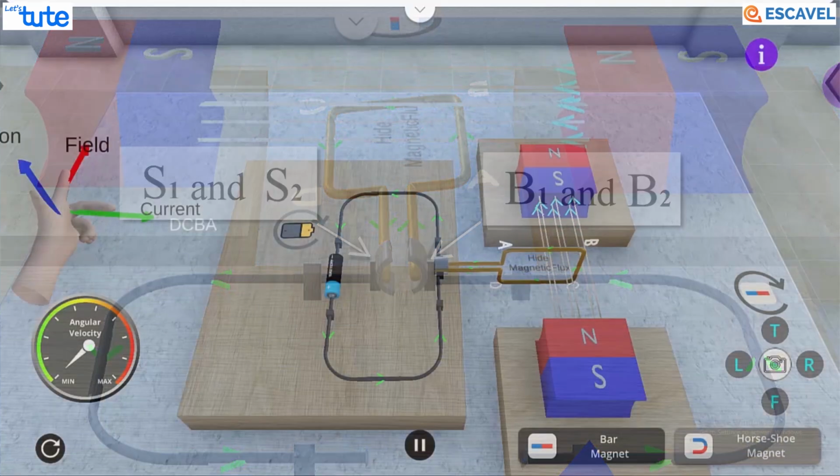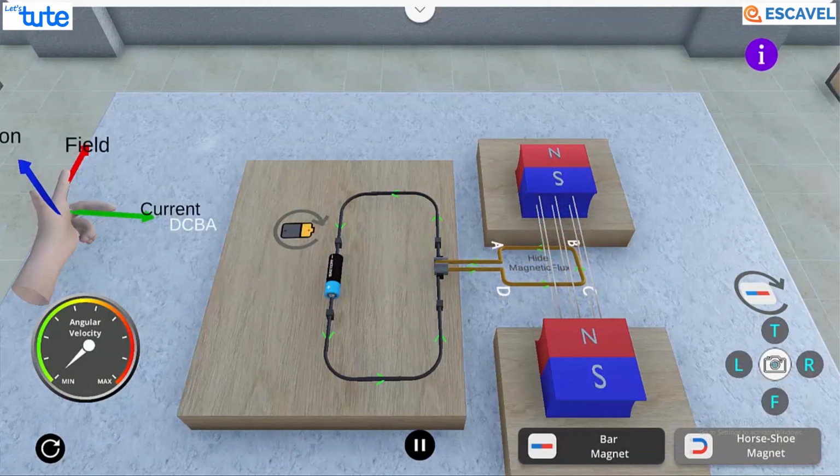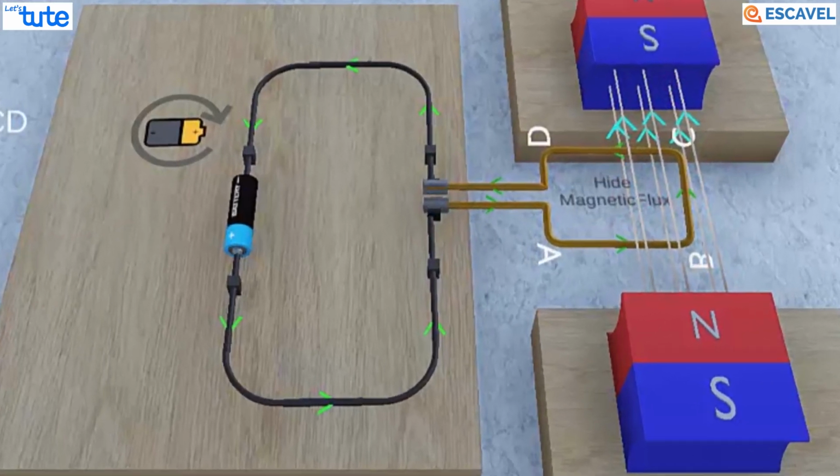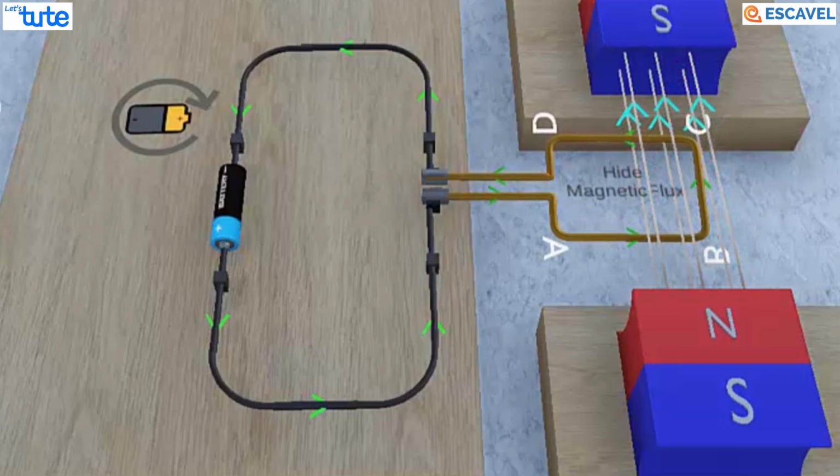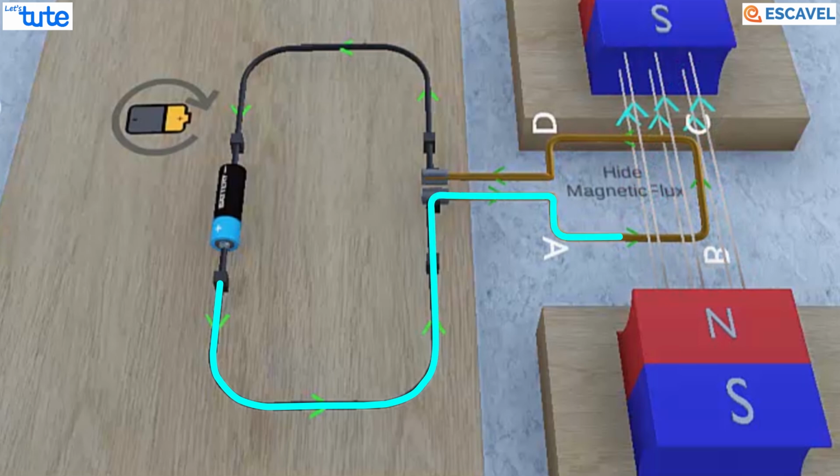Now the function of these carbon brushes is to make contact with the rotating rings and through them to supply current to the coil, and also make sure the commutation process remains free from sparks. Now this is connected to the battery across which the entire circuit is connected. Now depending on the polarity of the battery, the current will flow in this manner.